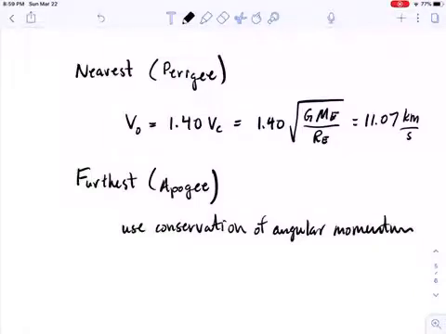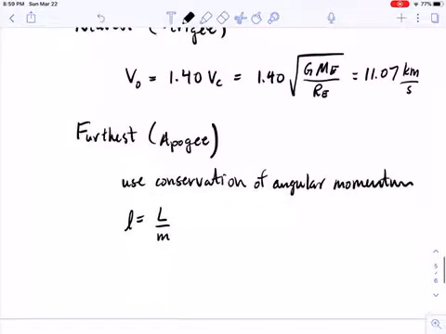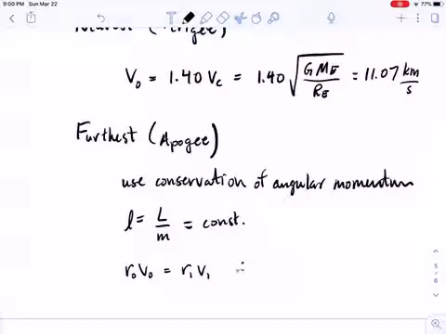So we would require that little l, which is equal to L over M, is equal to a constant. So at the closest distance, little l is equal to r0 v0, and at the furthest distance, it's equal to r1 v1, and so therefore